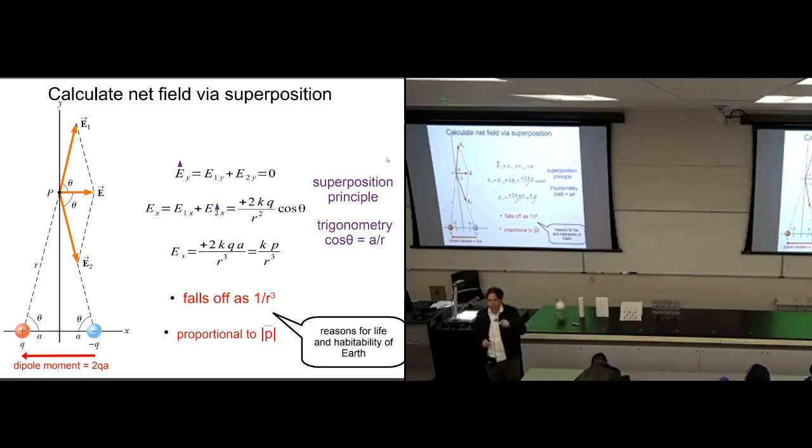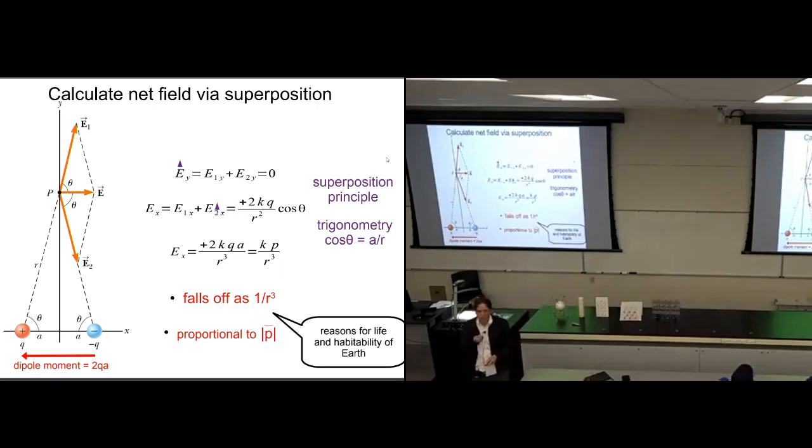2 times 2 times 2 is 8. So the field is going to get weaker really quickly. It's a 1 over r cubed field. It's a really amazing result from this. That's one important point. Second important point is that the overall strength of the field is not just determined by